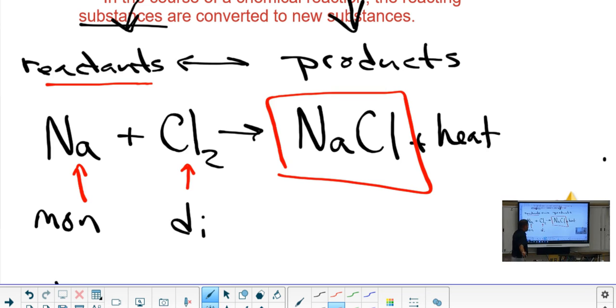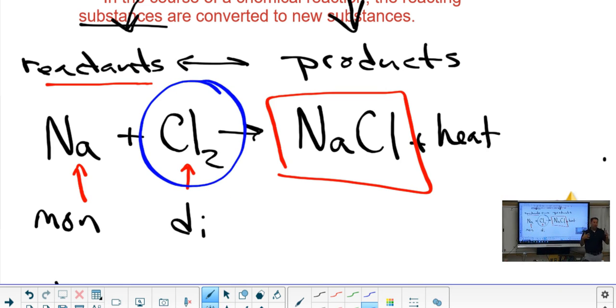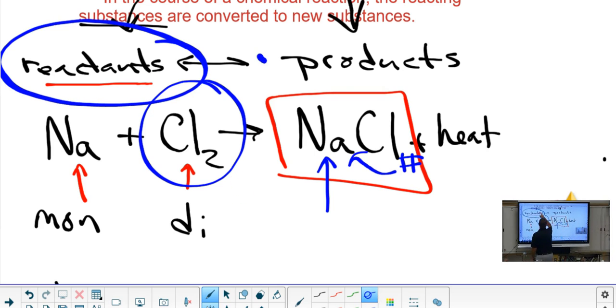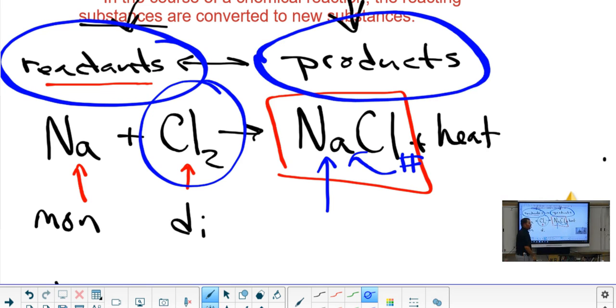All right. So, chlorine will only form a bond with itself if that's its only option. If it can find something else, especially a loser like sodium, it's going to hang out with sodium the whole time. And the number that would go here depends on what sodium is. And we'll learn that. You don't need to know that yet. But anyway, get used to that. Sometimes there's 2s because they're diatomic. Sometimes they're not there on the other side. Sometimes a 2 turns into a 3, but there's always reasons why, and you'll learn that. But for now, for sure, you need to know reactants are on the left, products on the right.